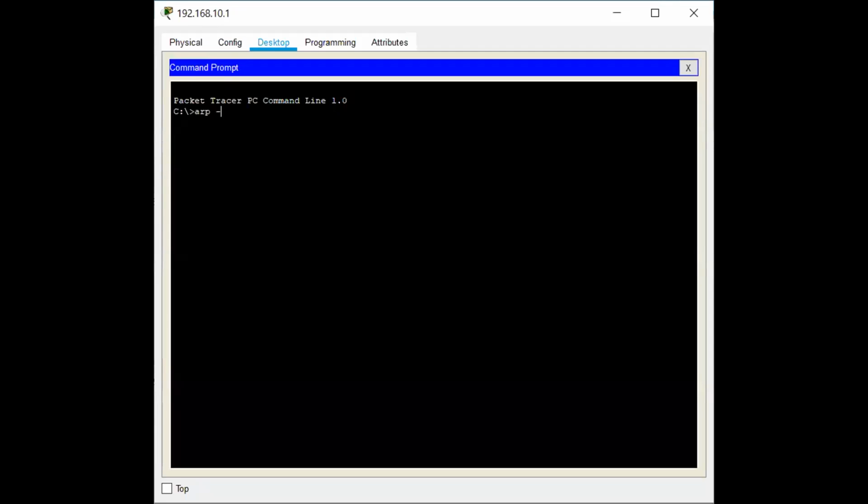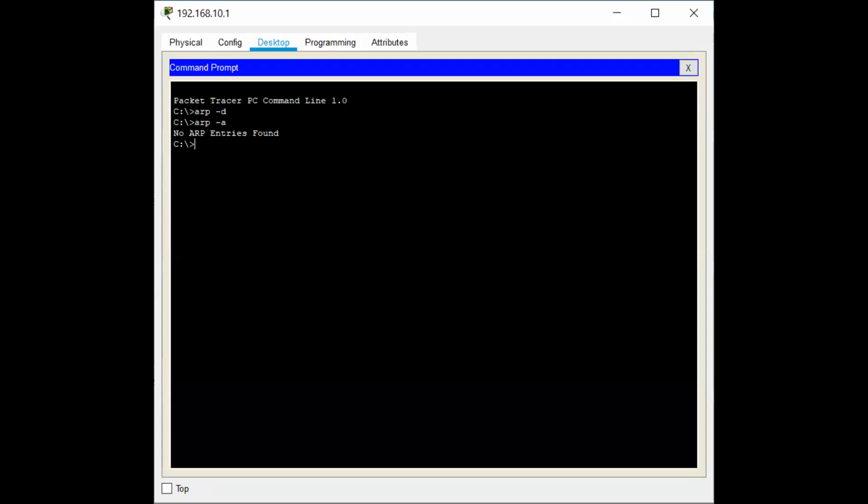ERP minus D. So ERP minus D is used to clear the ERP table. તમારે ERP cache ને clear કરવો હોય તો for that we have the command ERP minus D and ERP minus A. So ERP minus A is used to see the ERP table, ERP cache or ERP table ને જોવો હોય then we have the command called ERP minus A. So currently જે આપણું PC1 છે, his ERP cache is empty.